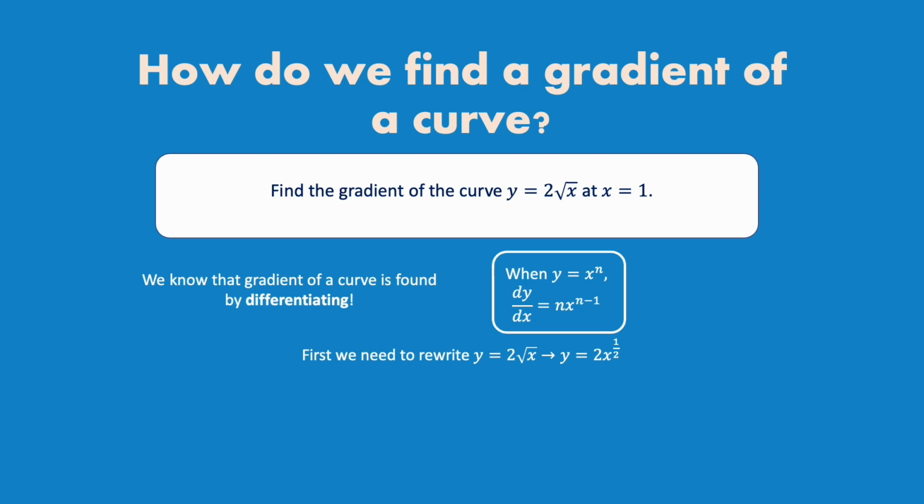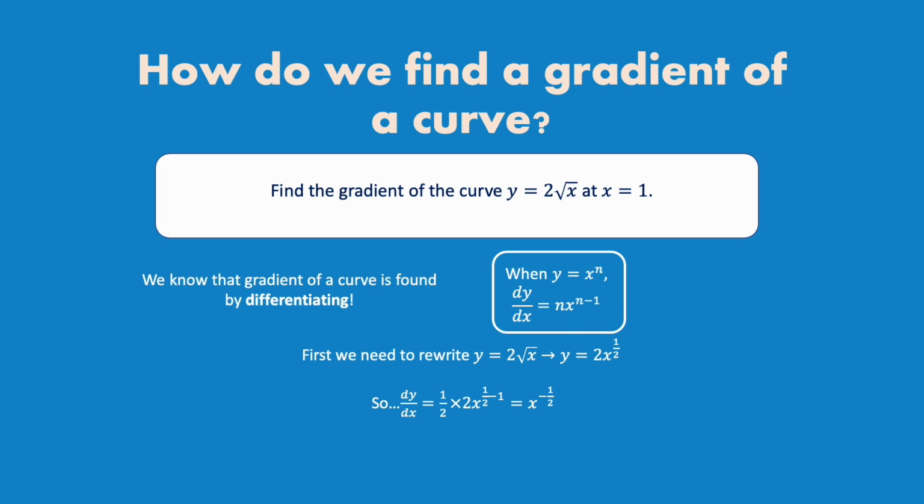Now we've rewritten it like that, we can apply our normal rules of differentiation, whereby we multiply through by the power and then subtract 1 from the power. So in this case here, we're going to do just that. So we're going to times through by a half, and then we're going to subtract 1 from the power of a half. So that leaves us with dy dx equals 1/2 times 2, which just cancels out to become 1, and then x to the power of a half minus 1, which gives us x to the power of minus